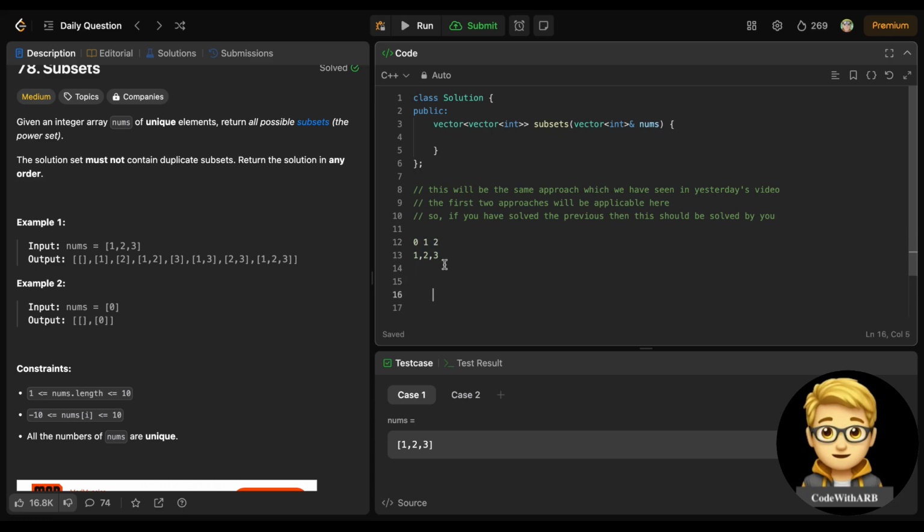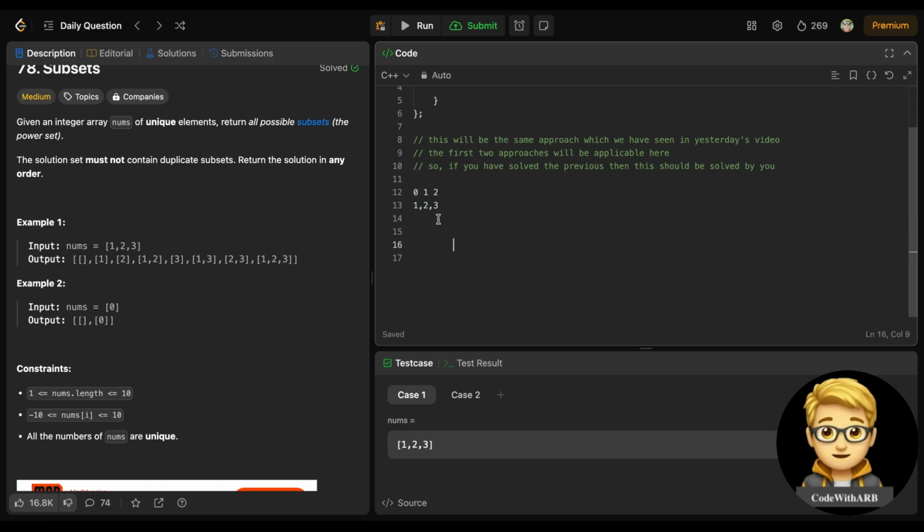So I have two options: either I take it or don't take it. If I don't take it, I will not insert one here; it will be empty. If I take it, this should be one, right?